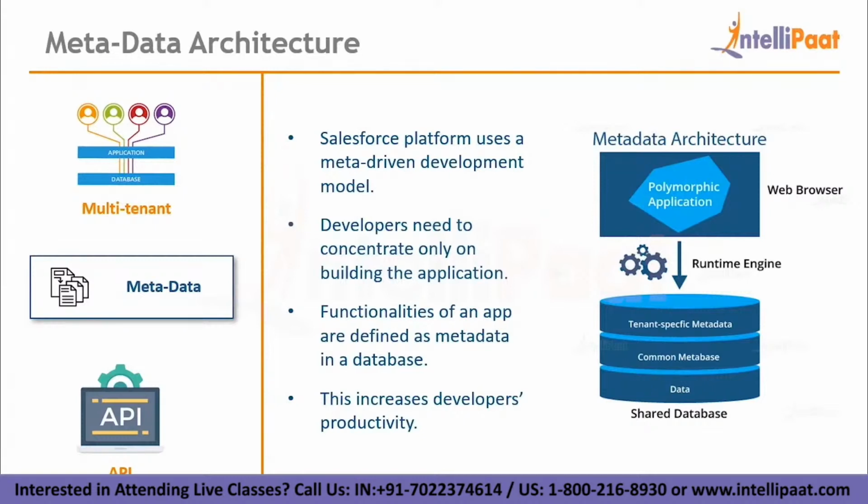Okay, so let's consider 3 clients, A, B and C, which are sharing a single database. Each client has access to their own metadata from the shared data. So each client will have a separate metadata. This will ensure that you don't get into someone else's data. This also will increase the security of the shared database. Developers just need to create the application and deliver it to the respective client metadata. So basically, the issue of data security and data integrity gets sorted with this particular architecture, since all the data is stored on different levels, that is data above data. So this is metadata architecture.